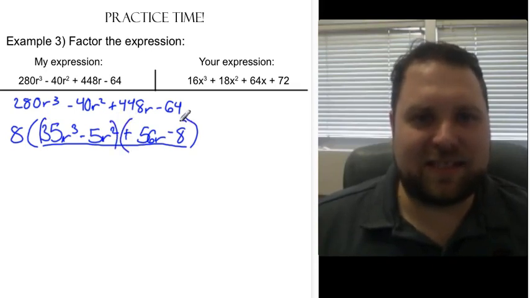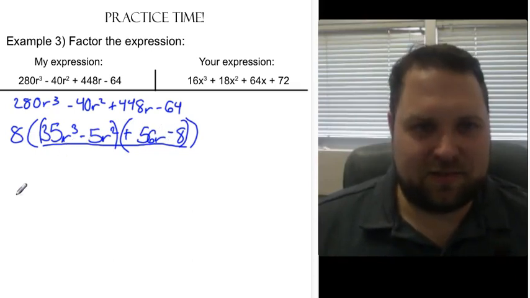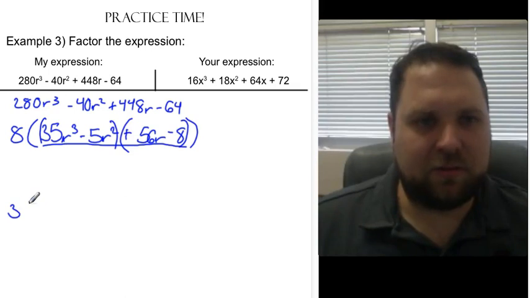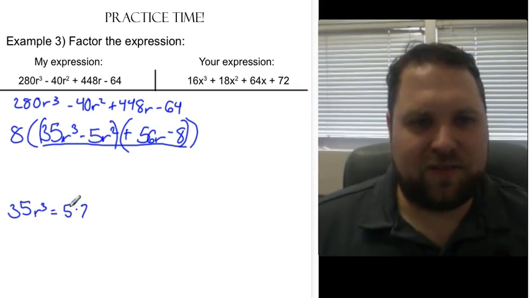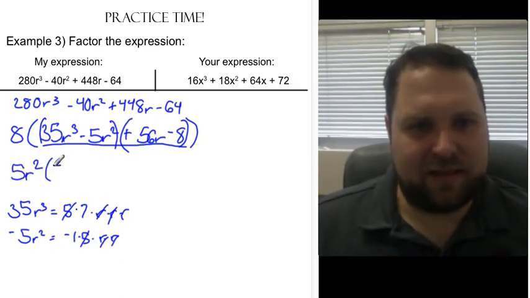So now I have to take this piece inside and I'm going to factor it using our new grouping technique. So I take 35r cubed, which is 5 times 7 times r times r times r, and negative 5r squared, which is negative 1 times 5 times r times r, and I can see very quickly that they have a 5r squared in common, and it leaves me with 7r